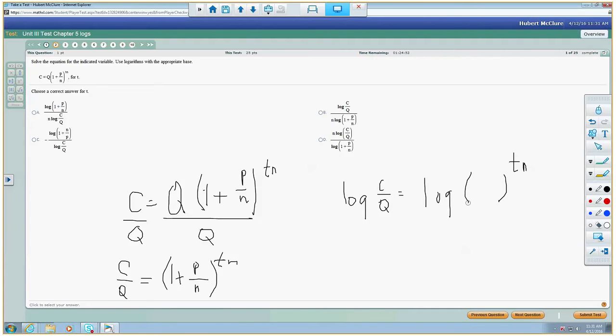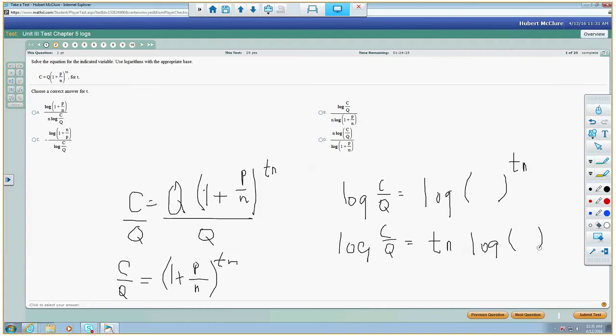Now, what law can I use to bring that Tn out front? The power rule of logarithms. So that's the log of C over Q is equal to T times N log